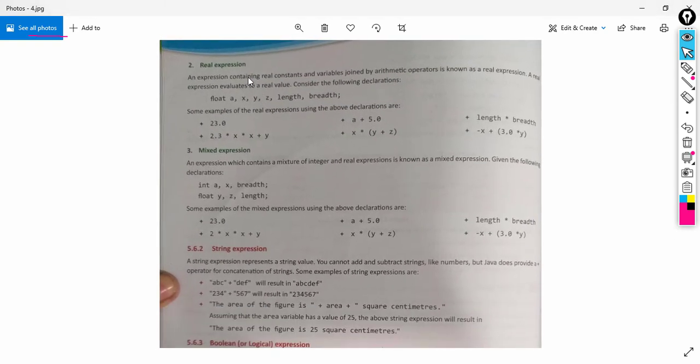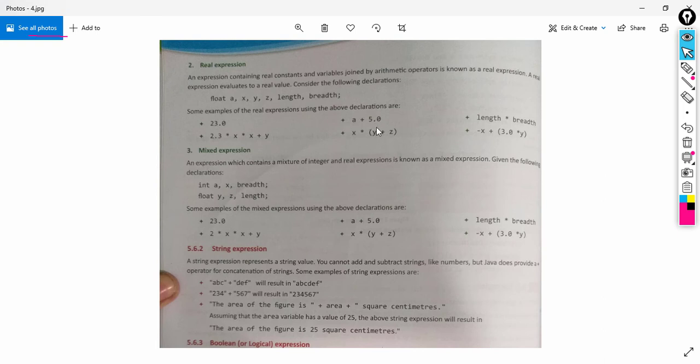Here we are declaring many variables of float type, and we are using floating point numbers also. See 23.0, actually a floating point number, or we can say a real constant or real literal. So 23.0 is an example of a real expression.